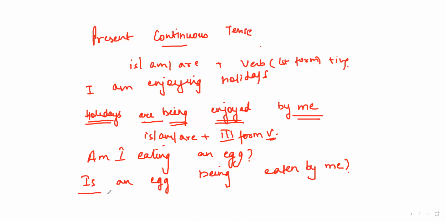So again, we use is, am, are before the subject, just like we did in the previous one. Okay, the interrogative which we saw just now. Then since it is continuous, we'll have to use being, the third form, and I changes to me. So these are all the changes which we have considered while changing this active voice into passive voice. Correct? Now if I go for the present perfect tense, let us take a look at the present perfect